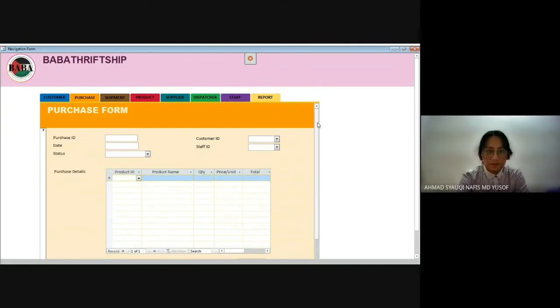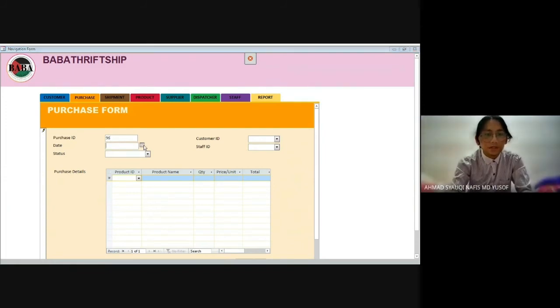For the purchase ID, let's put 96. For the date, you can choose from the calendar button here. I will just press today here. And then for the status, of course it's pending because it's a new purchase.